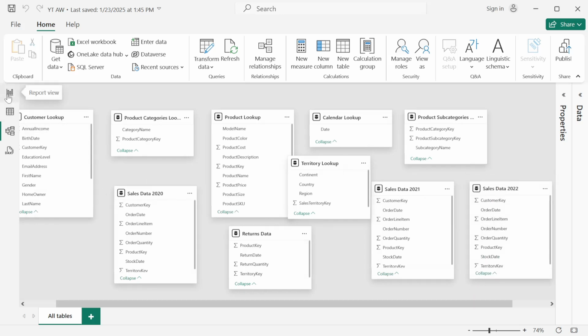And what we are going to do next: we can see the tables sales data 2020, sales data 2021, sales data 2022. These tables are exactly the same in schema, just the data in them is different, right? So why should we not keep the data in one table only, right? Because ultimately we are going to connect these tables to each other, right? So let's go to the